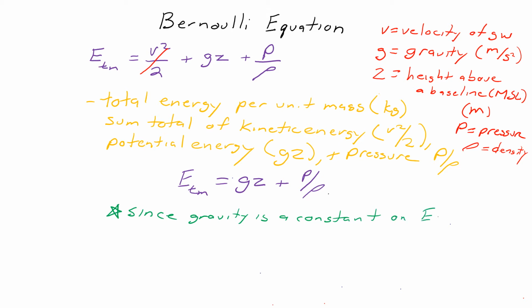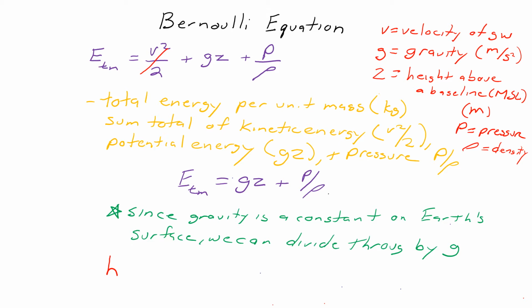Since gravity is a constant on the Earth's surface, we can divide through by gravity. And we are left with